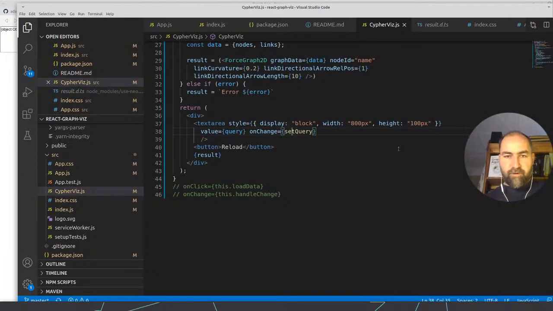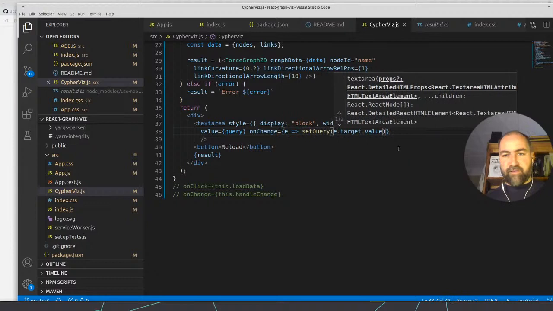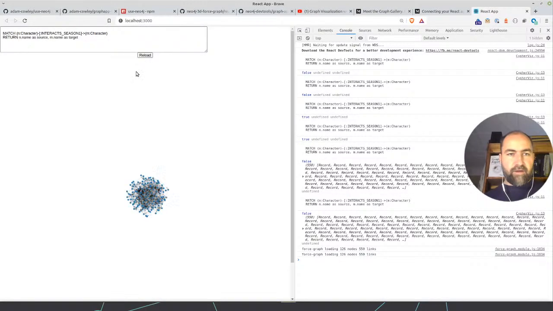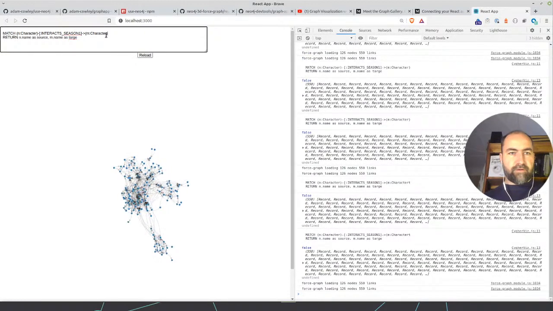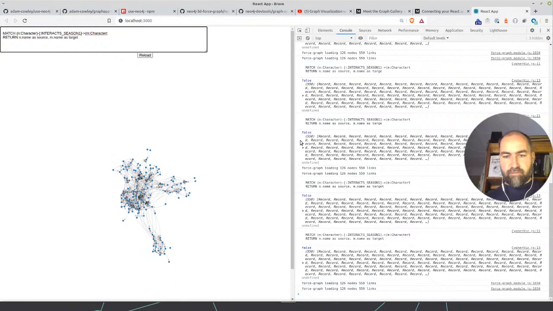Okay, so I forgot that this is a function here, and then we say the target value. Would be nice to get some out-of-the-box stuff in React for stuff like this. All right, so if I just pass a function, I just want to have the value, so kind of nice. Okay, target. Okay. Cool. So this seems to work.